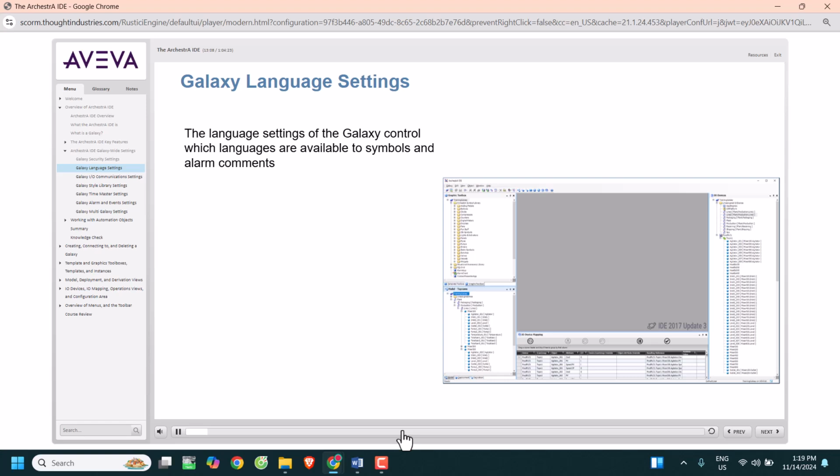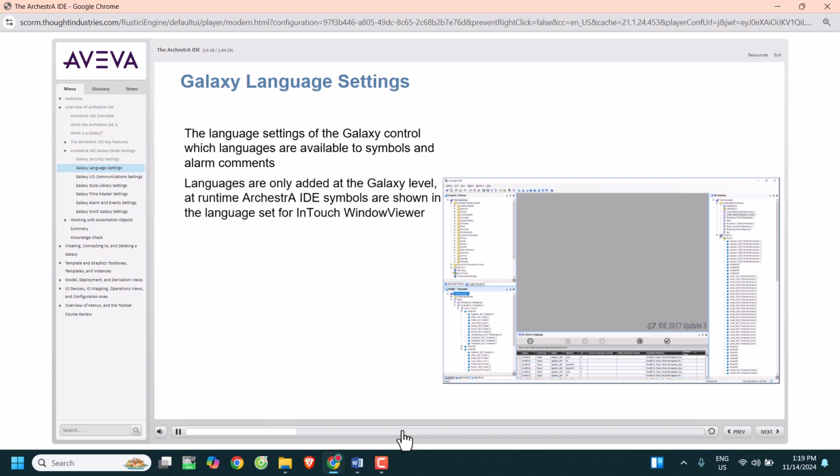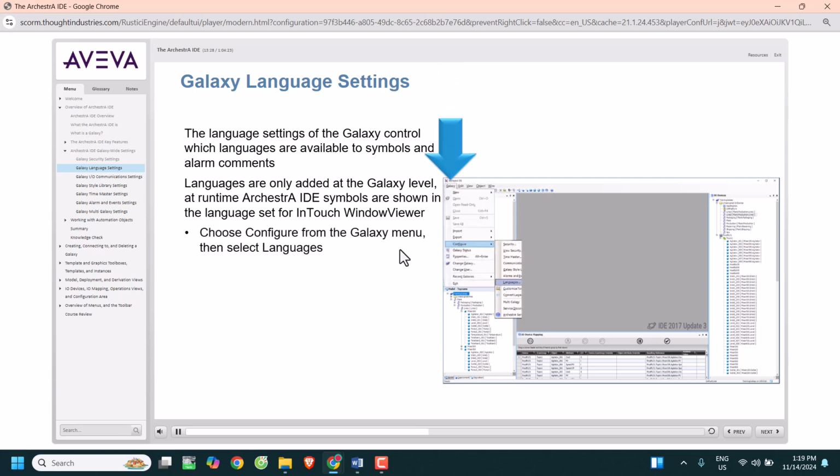The language settings of the Galaxy control which languages are available to symbols and alarm comments. Languages are only added at the Galaxy level. At runtime, Archestra IDE symbols are shown in the language set for InTouch Window Viewer. This is discussed more in the InTouch training modules. Choose Configure from the Galaxy menu and then select Languages.